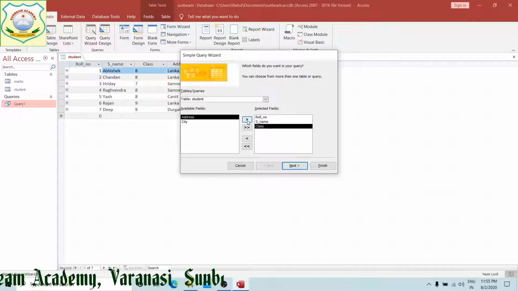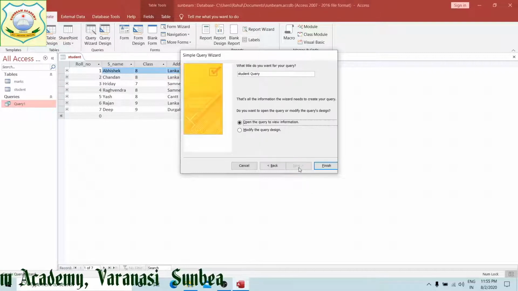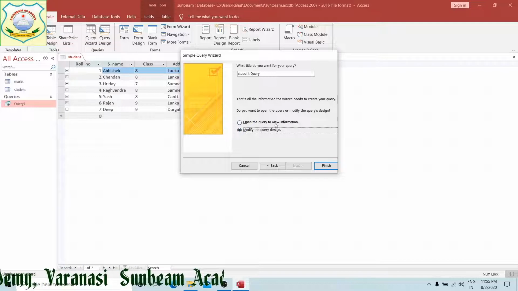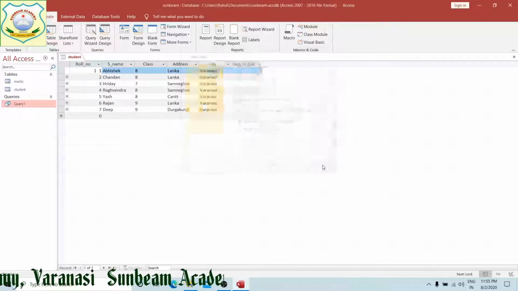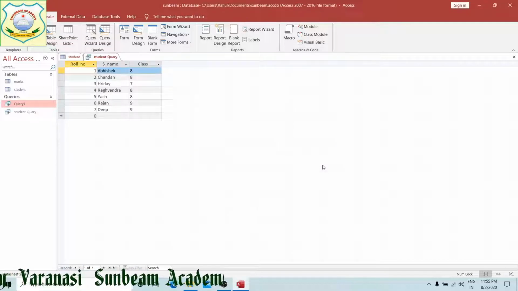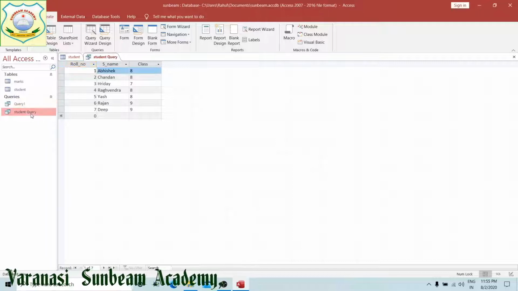This I have added. Now click on next. After clicking, open the query to view information, modify the query design, whatever you need. Now click on finish. You will see that your query has been created. When you click on this one, this roll number, student's name and class, it has come.